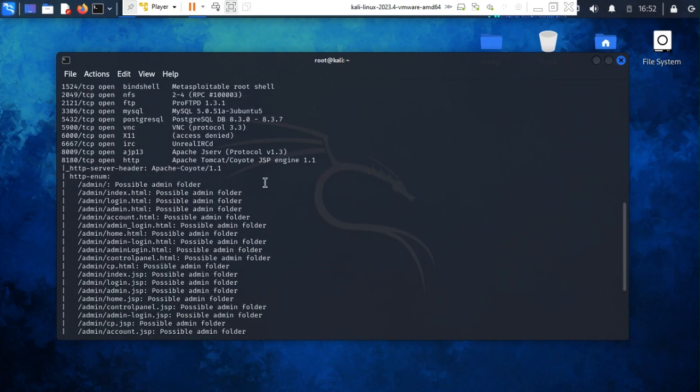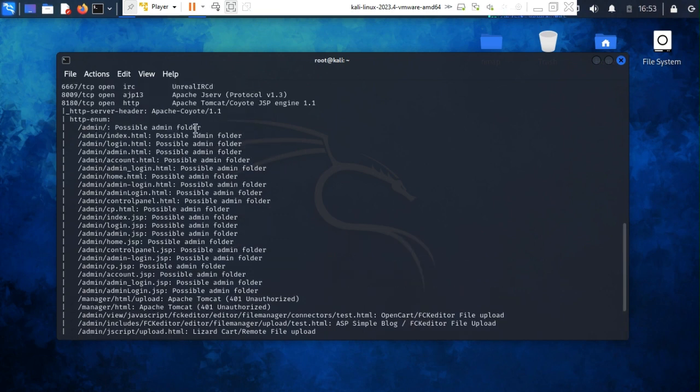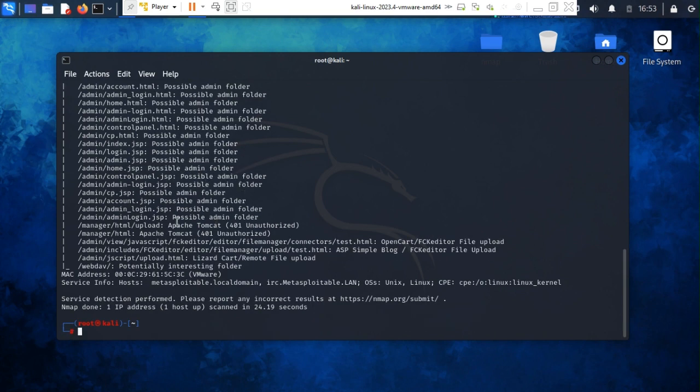Now I would like to enter the associated target in a different way. Over here the 8180 port of HTTP is also carrying some kind of page, but it's talking about the admin page. So this is all holding the admin folder. If you are able to see, this is all talking about the admin folder. So if you want to enter via the admin account,